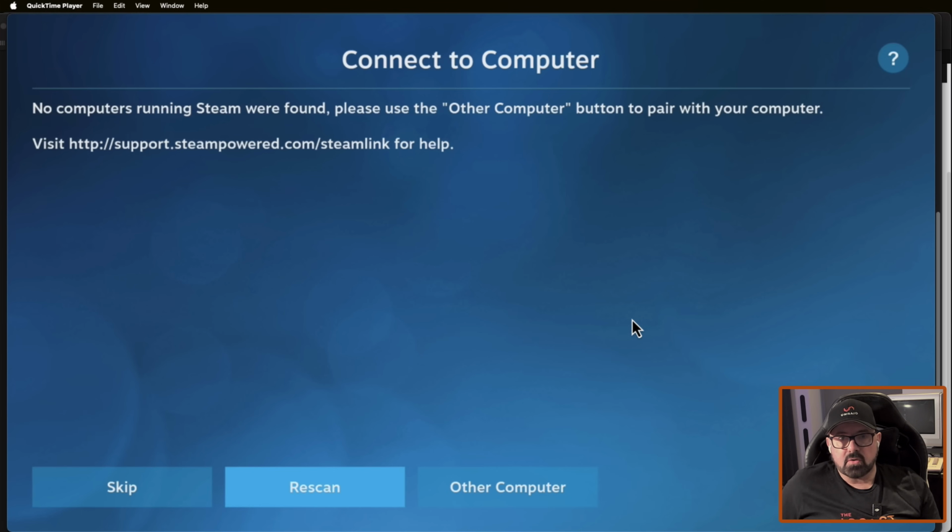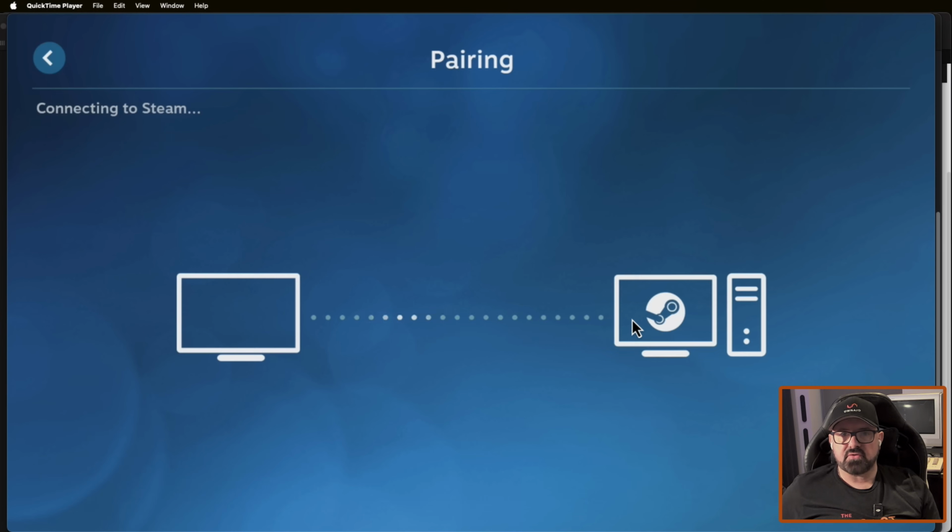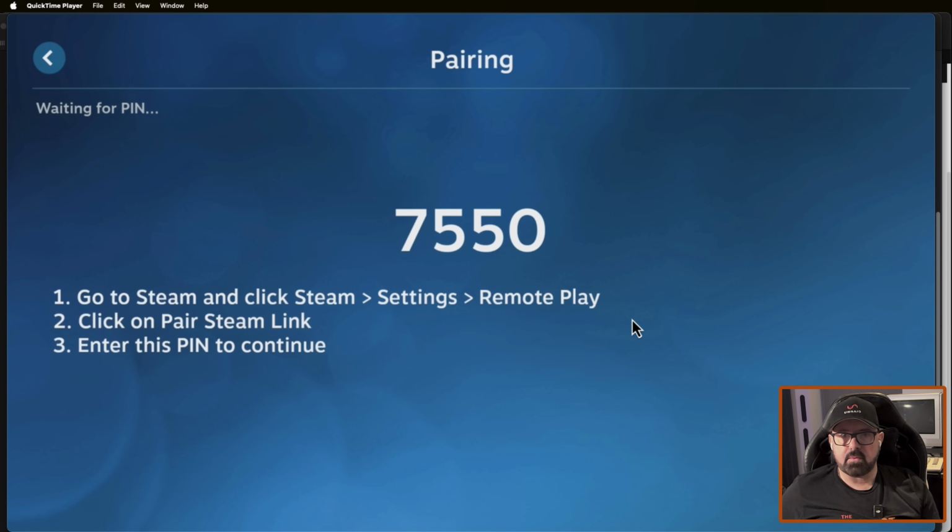Now you may think, well, yes, we can actually add a PC this way. So yes, we could click on Other Computer here and add the PC that way. It will then give us a number to put in our actual Steam. But the problem is I think it uses basically Steam's own remote gaming session where it tries to actually connect our two computers together. And I found that a lot of times that doesn't work very well for me,